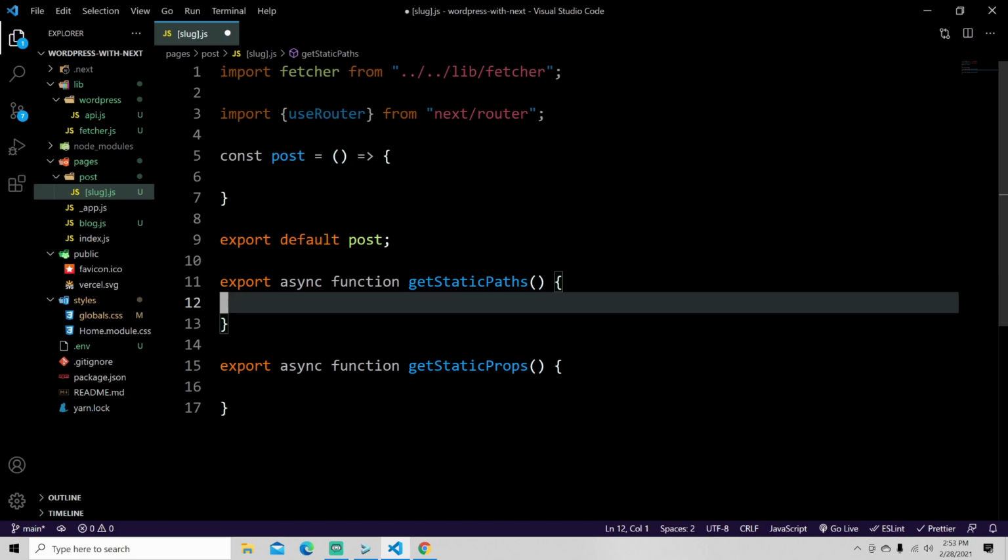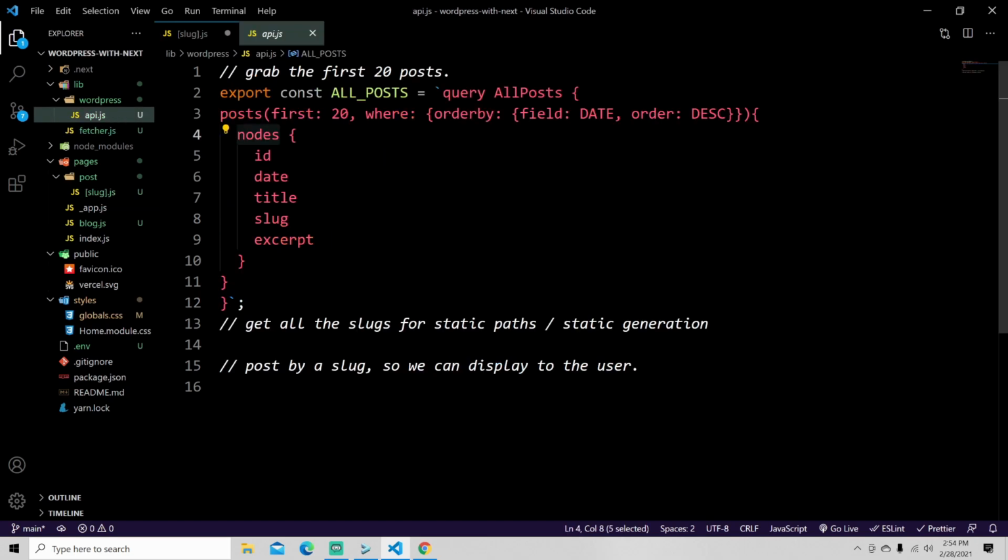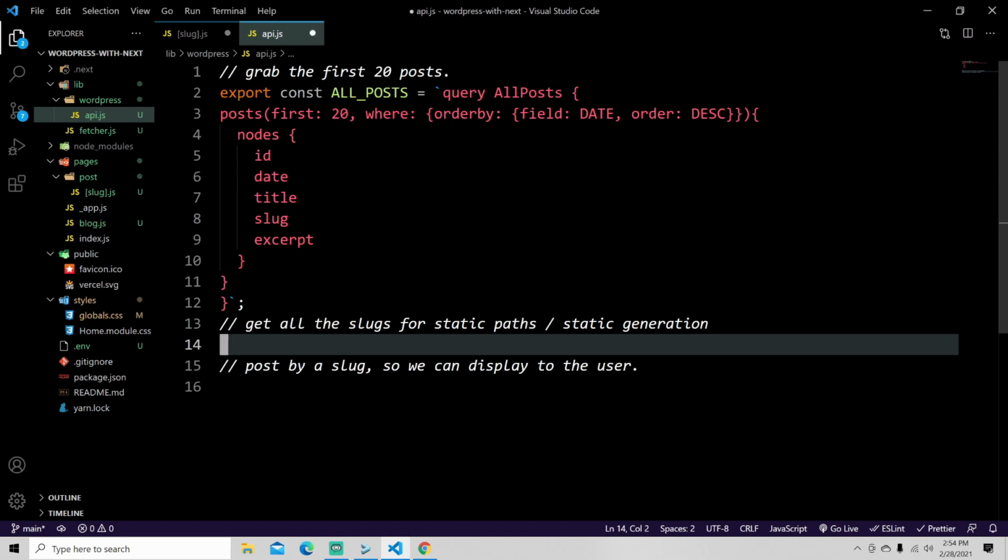So when you click on it, you'll be able to go to it and it will be fast and loaded immediately versus actually going out, getting all the data and where it is located, and then bringing it back here. So we need to create two more GraphQL queries here. One is going to get all of our posts based upon just returning the slug. And then the other one is actually going to get our post data. So I'm actually just going to write out our get all slugs for static paths for static generation right here without having to go to our